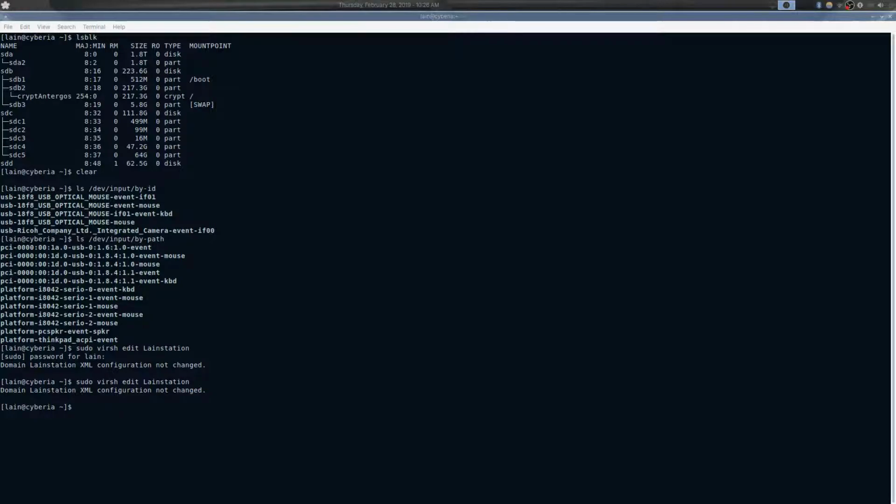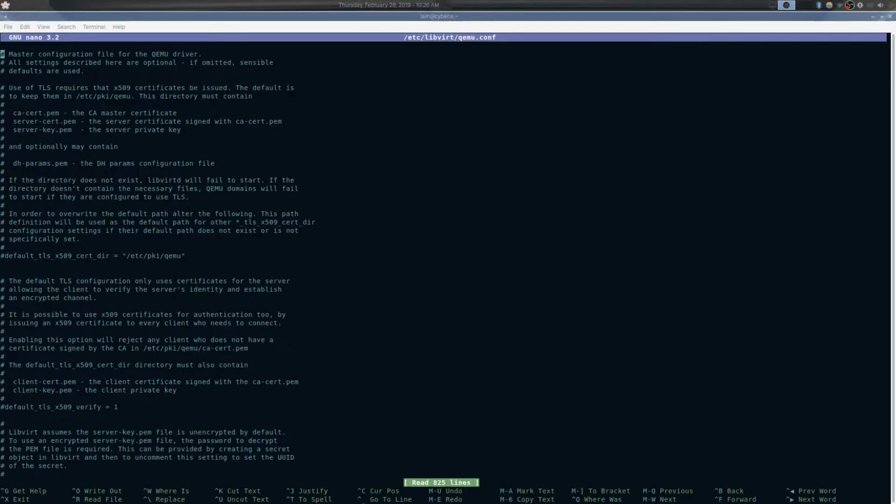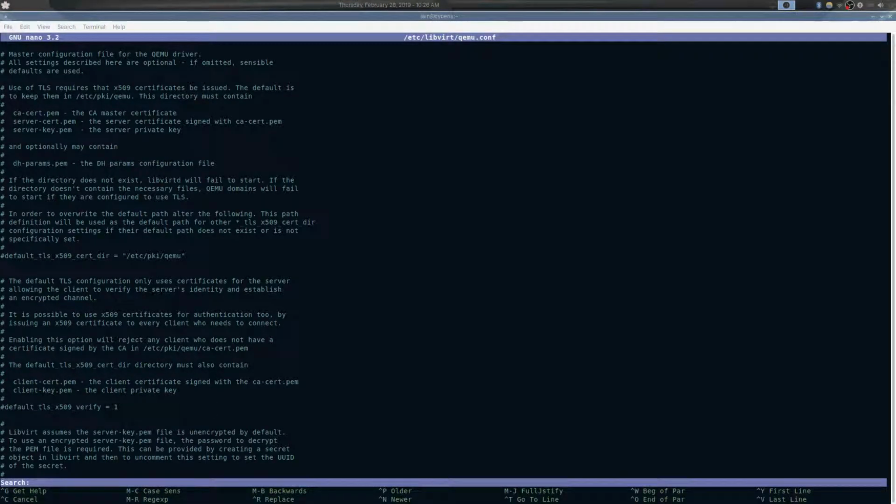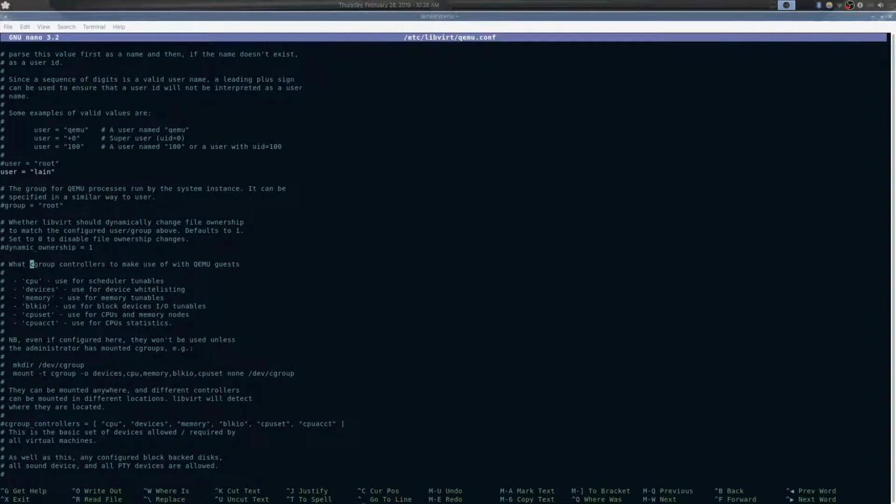But every once in a while, depending on how your system is configured, you'll get permission errors. And if you get permission errors, what you need to do is type sudo nano, or your favorite text editor of choice. You could use mousepad or whatever. I personally use nano because I like to work from the terminal. /etc/libvirt/qemu.conf, and you'll want to